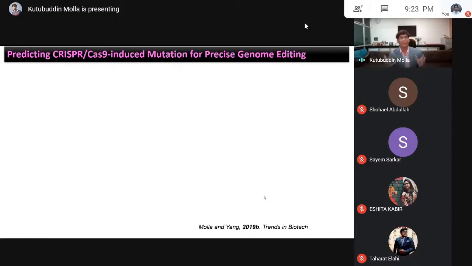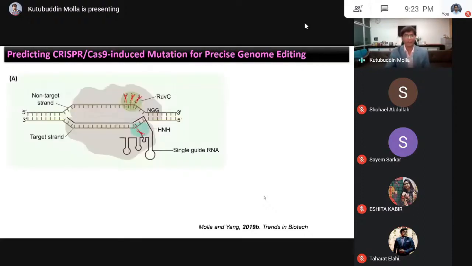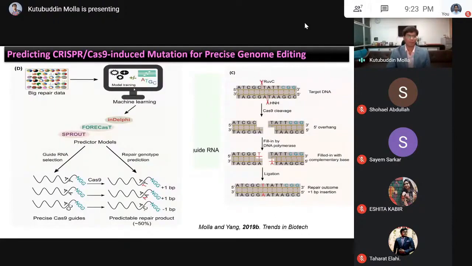I told you that CRISPR-Cas9 normally, during knockout mutation, produces some kind of random insertion and deletion, and that's why it is mutated. But by using machine learning algorithms, if you have big repair data and feed it into model training, then predictor models develop. You could select the guide RNA, and this model also predicts what kind of repair it would produce. So which guide would be better, and what guide would give rise to what kind of